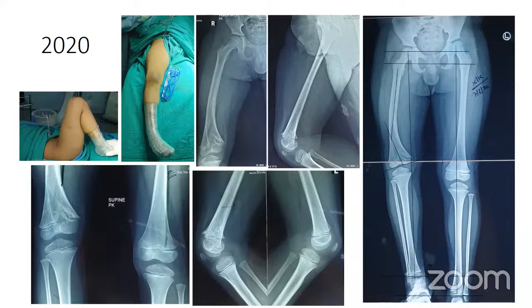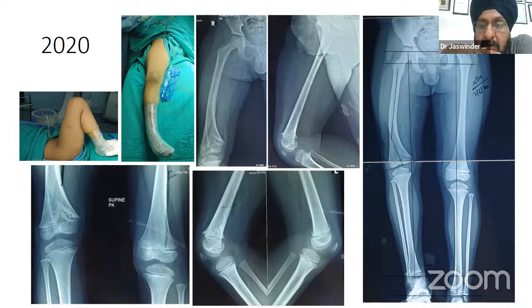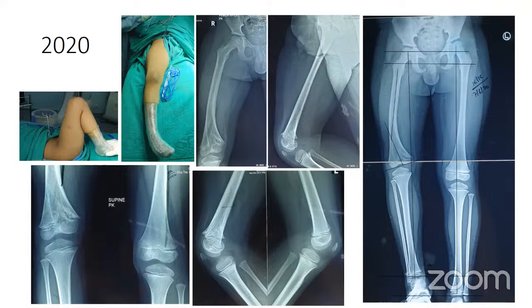I will go for a deformity correction and maybe stapling on the medial side so that it doesn't recur. Stapling on the medial side will cause further growth on the lateral side, and it will increase the varus. On the lateral side, sorry. And then dealing with the shortening at repeated intervals.